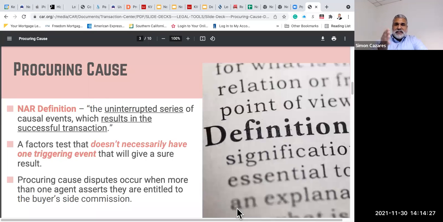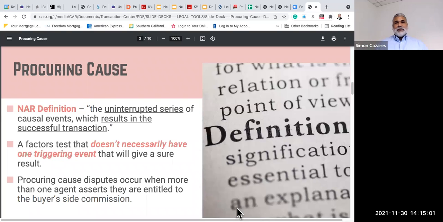And we'll dive a little bit deeper into the conversation, and I'll give you an actual real life war story that happened to one of our agents here at the office on a procuring cause claim, and what the outcome was when we ended up going into an arbitration case. And there are many elements that lead to an arbitration. Now, the contract is very clear and concise, and it's very black and white. It tells you the answers to all your questions.